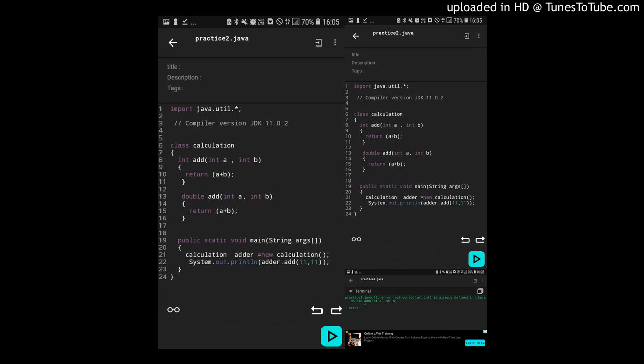So both are integers. For both the methods we are trying to input two integer type arguments, but only the return type is different for both the functions. So in this case it will cause ambiguity. That is the reason we can't do method overloading by just changing the return type of the functions within a particular class.